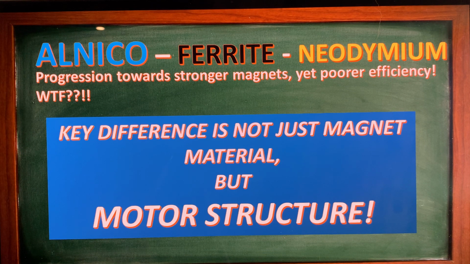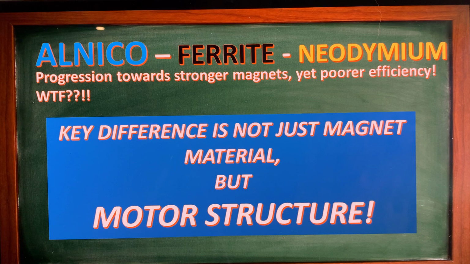Even though in the progression from ALNICO to ferrite and neodymium magnets the strength of the magnets used increases, so neodymium is stronger than ferrite, and ferrite magnets are stronger than ALNICO magnets,